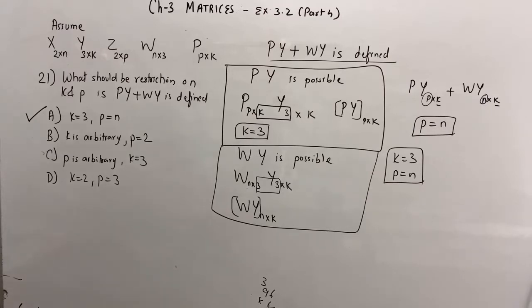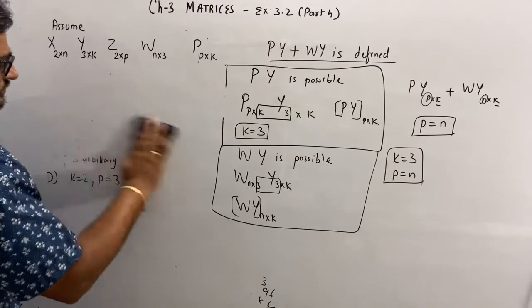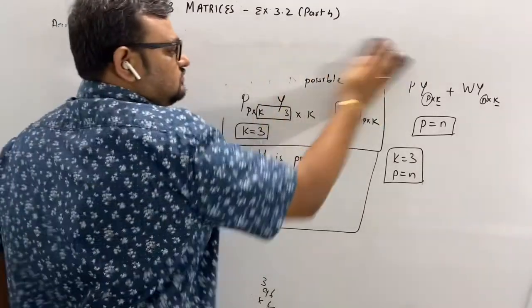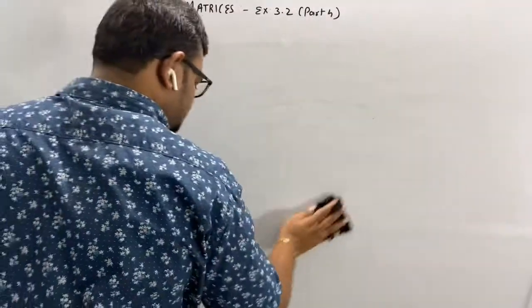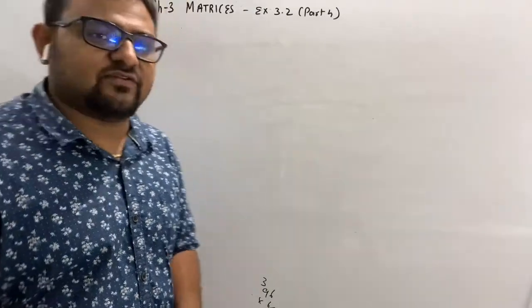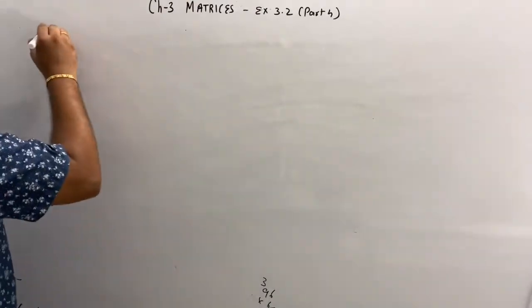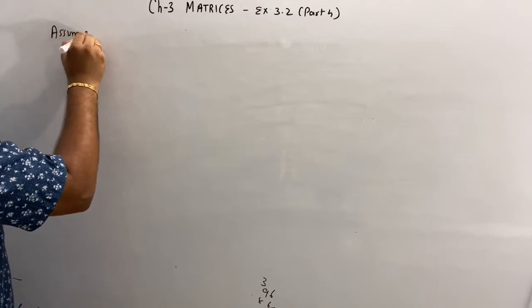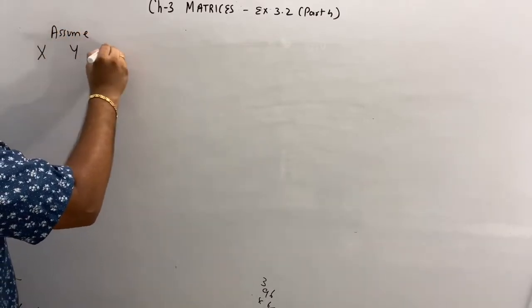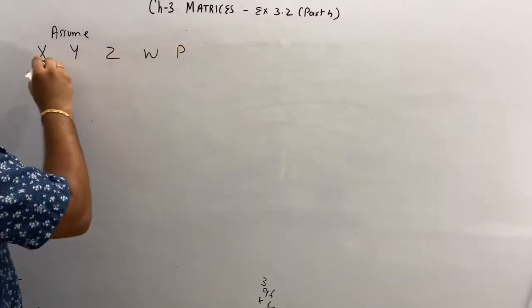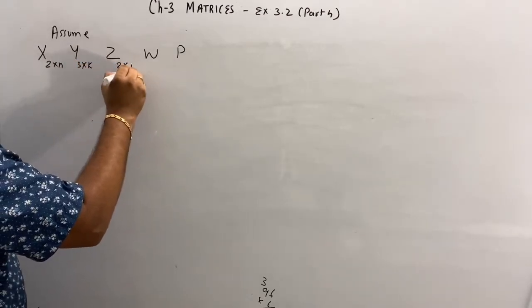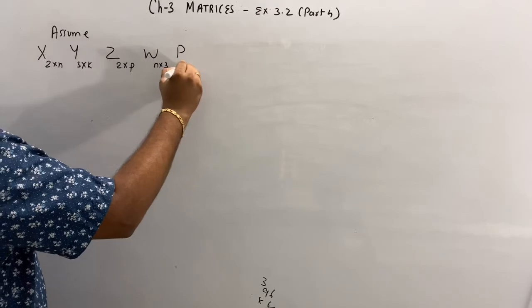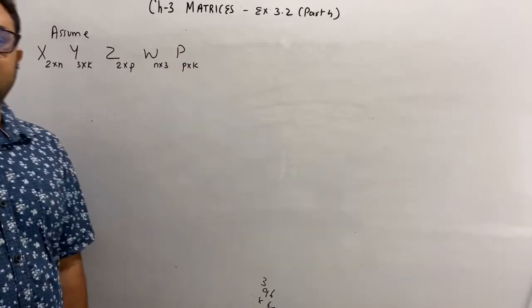Okay, the next is 22. 22nd is also an MCQ. Okay, so for the 22nd, we'll use the same assumption. Let me write it down again. Assume X, Y, Z, W, P. The order is 2 cross N, 3 cross K, 2 cross P, N cross 3, P cross K. We have to assume the same thing